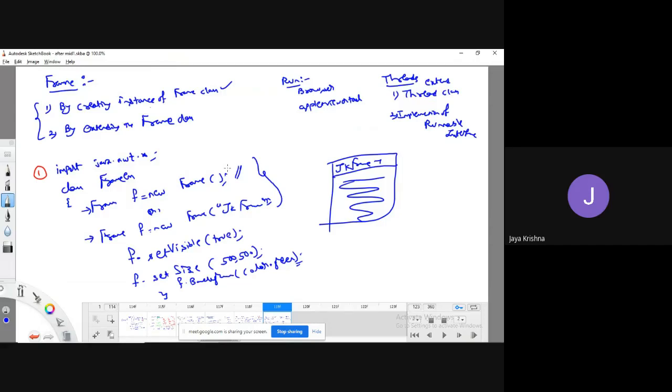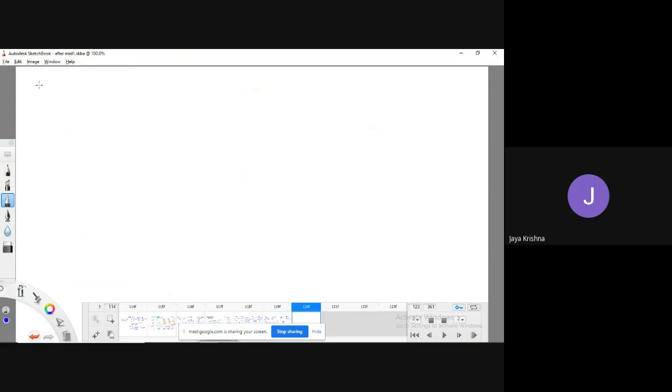Another way is I can create a frame by extending the Frame class. So simply, the first step is you need to import the AWT package.